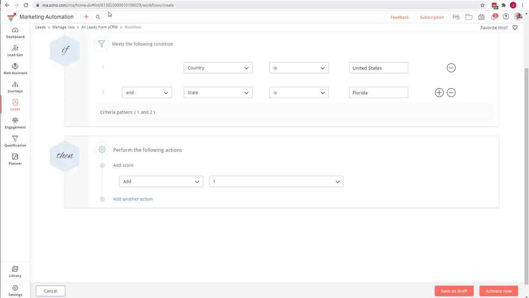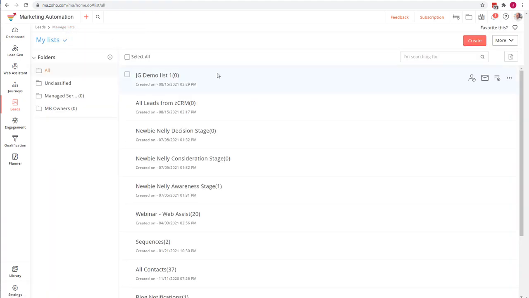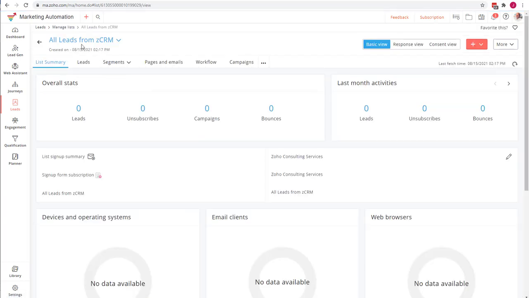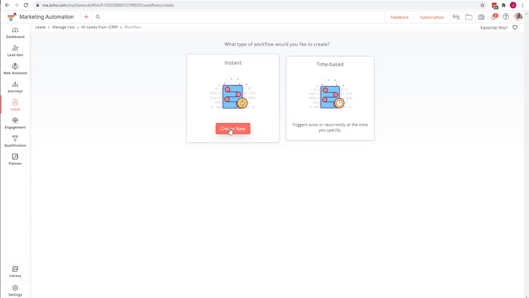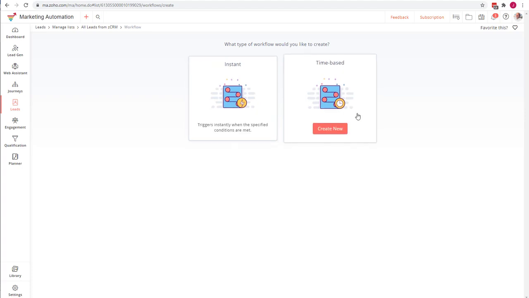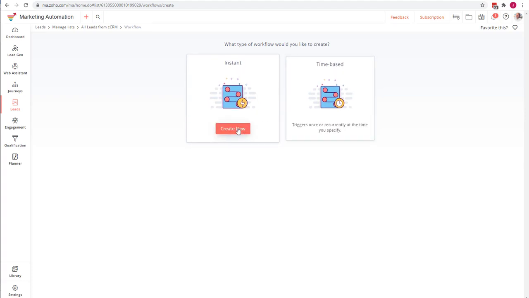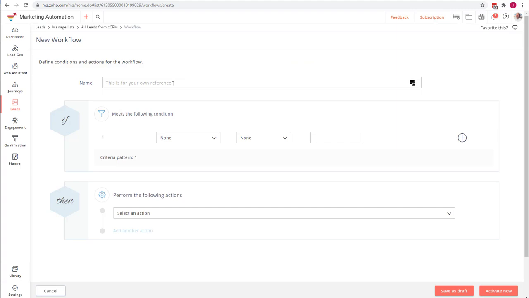All right, so let's go back to our managed lists. All leads from ZCRM. Workflow. Create new. Obviously time-based is an option. So create new. We're going to give this a name, right? Industry is